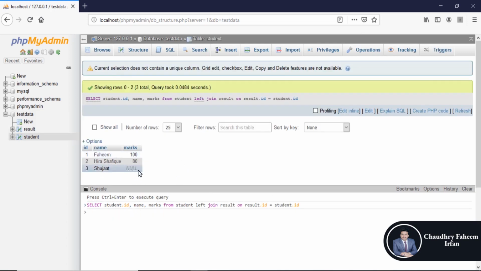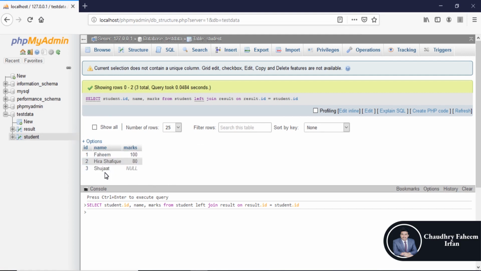So according to our example, the result is here and same result. Records from the student table, all records are selected, and here marks of Shujat, which is not in the result table, so here is the null result.